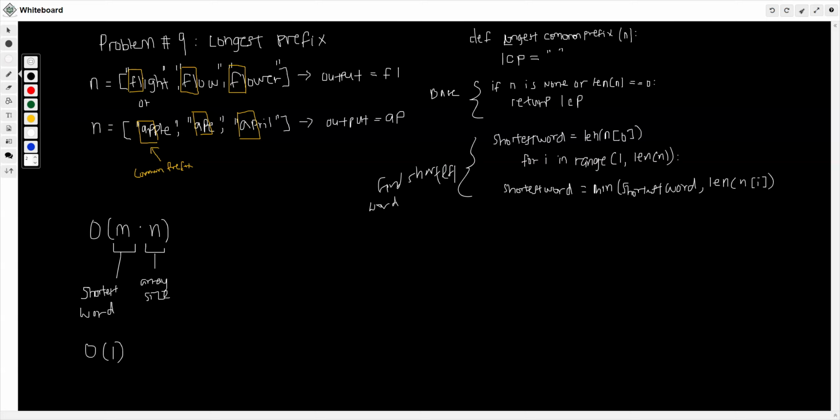A word in n. I cannot tell what I wrote. Shortest word in array. So that's what that does,